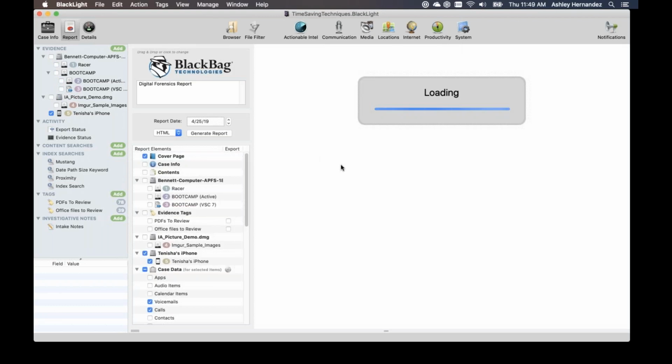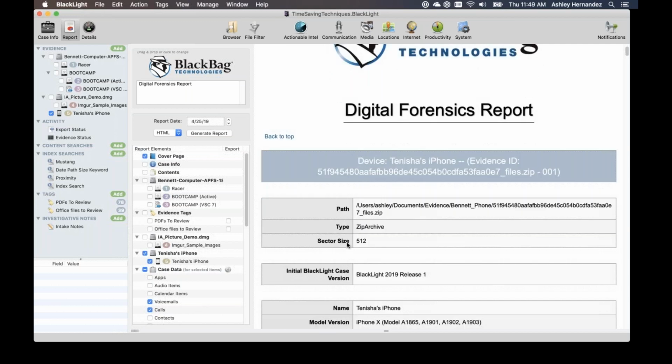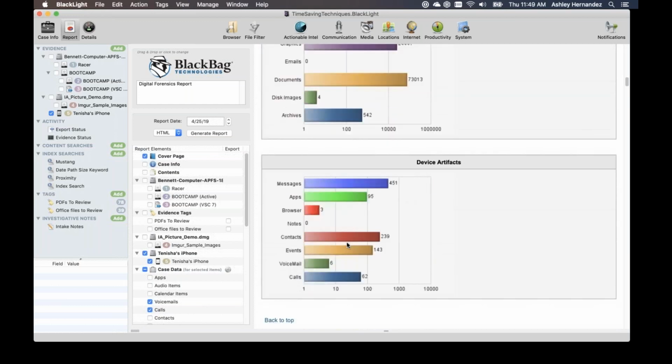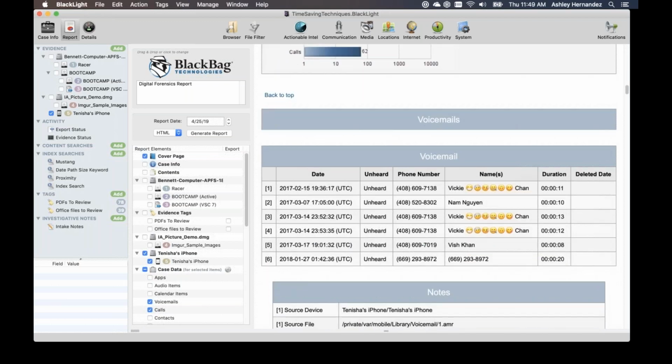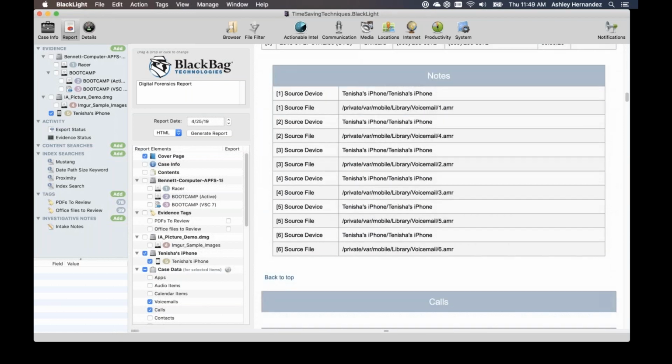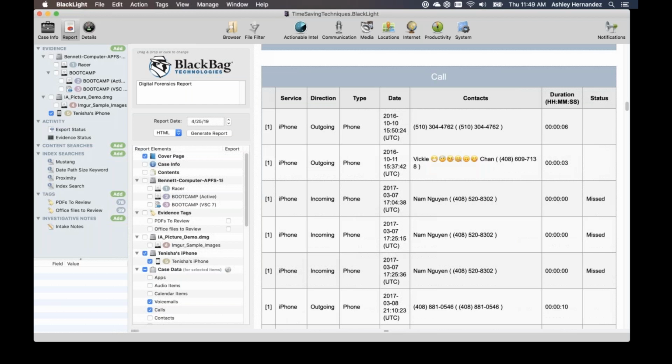Go back to my report. And then I can choose to look at the voicemail and calls just for that particular person. So I'd be able to say, okay, here's kind of what's on the phone, here's an overview, and then here's the most recent voicemails, and then here are the most recent calls and how long and what their status is. So quickly choosing to export these and give that data over so that they can start working the case right away allows you to go back and focus on some of the more deeper work.